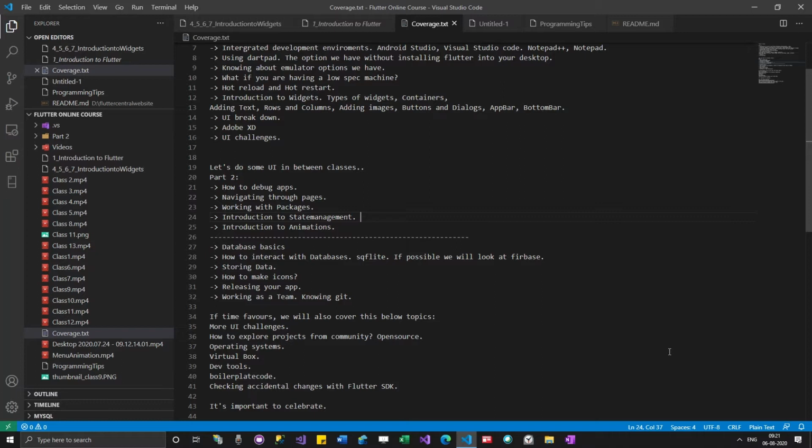That is also state management, but there you use terminologies like event handling. It all depends on the SDK how they call it, but in Flutter we call it state management.